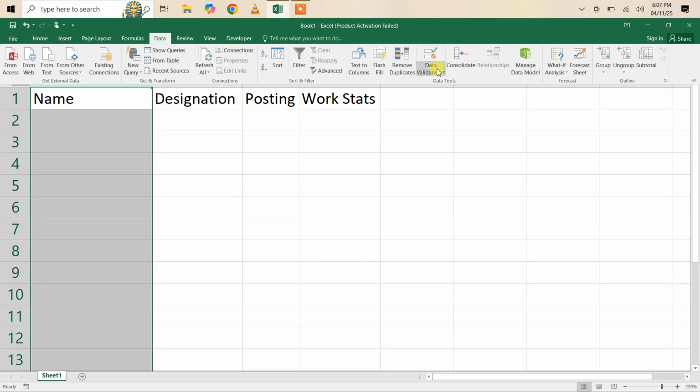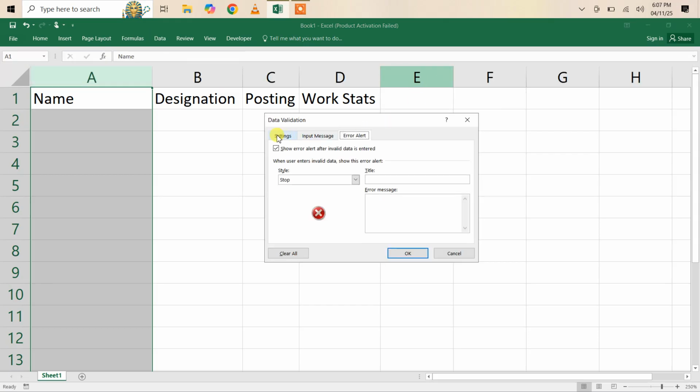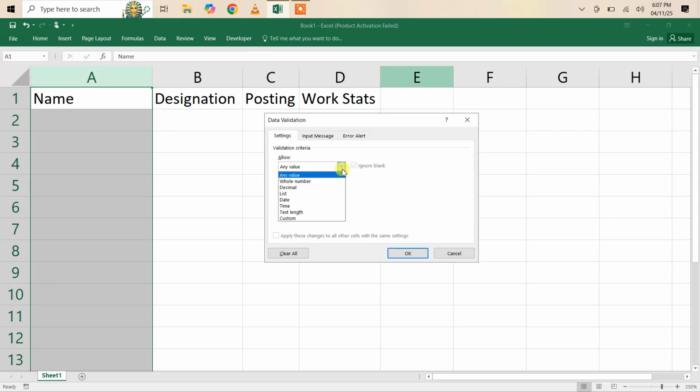After that I'll go to the data validation section and then data validation, and under settings, from any value I will be selecting custom. And what will be the formula? The formula is simple: equal to COUNTIF, bracket open, within this range of cells, comma, I can write $A1,